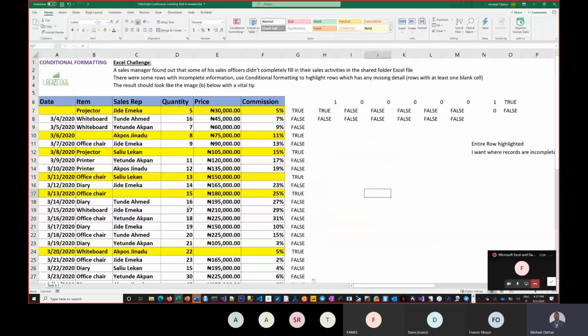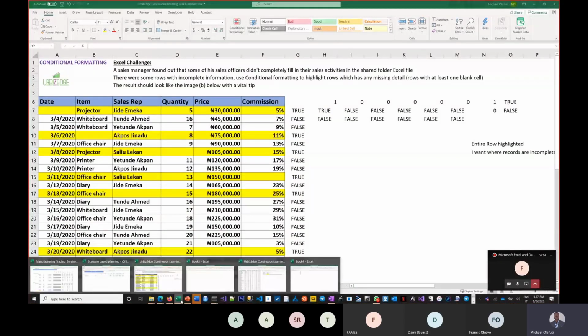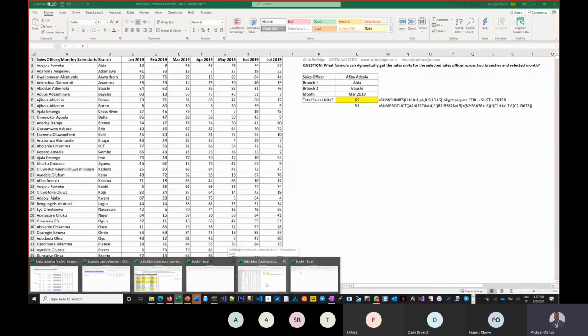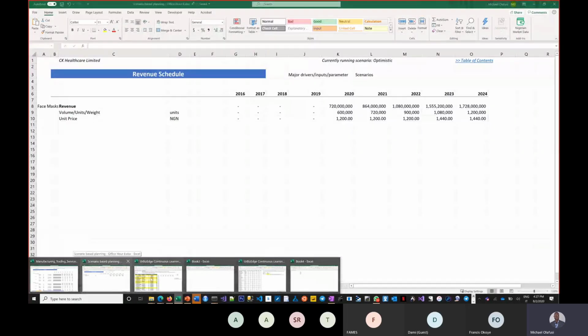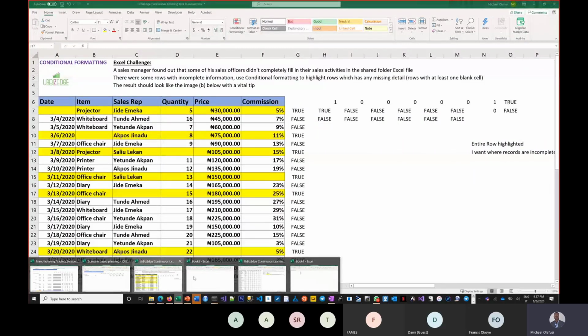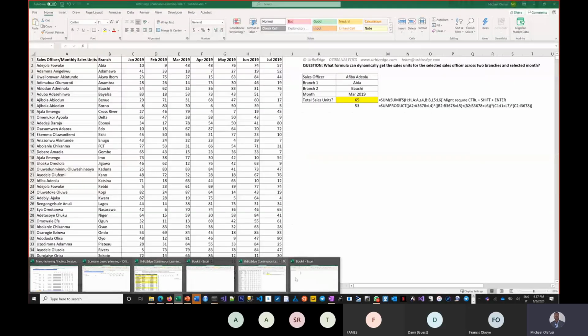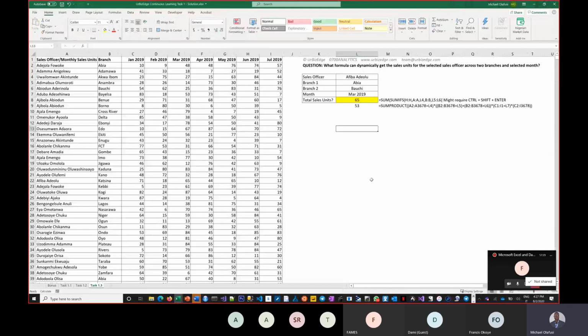So the next one I want to go to is Excel sheets. Okay, so let's do this one first. Then we'll do dynamic array last. All right, so